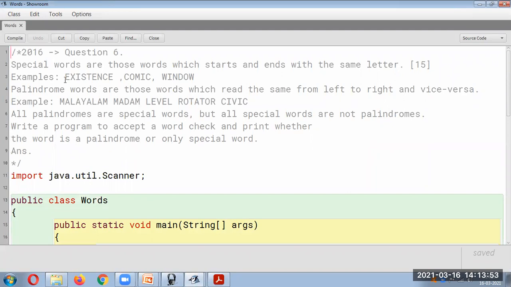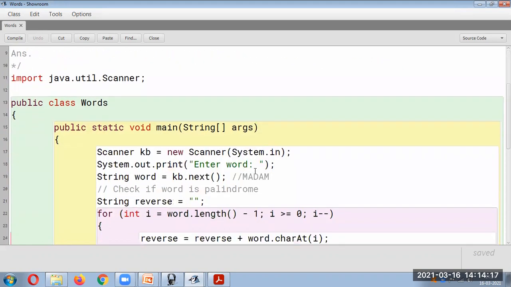As you can see here, it is starting with E and ending with E. Here also it is starting with E. But the difference is, palindrome means if you read from the left hand side or from the right hand side, both are the same. So we can say special words are not palindromes, but palindromes are special words. So we need to check whether a particular word is a palindrome, or a special word, or both. This is the question.